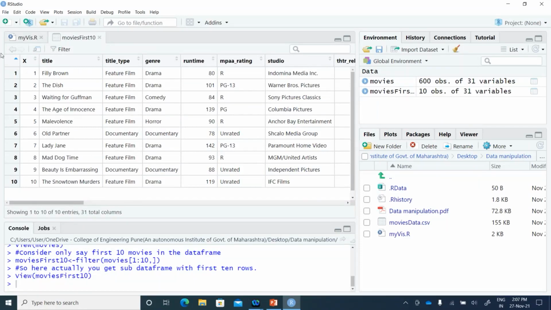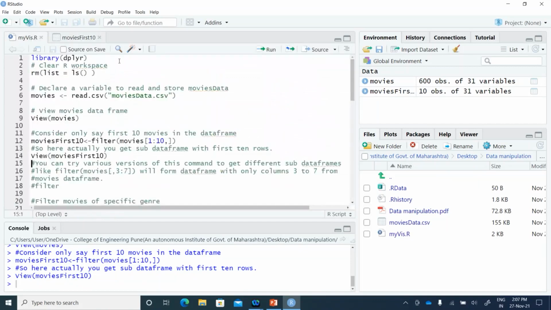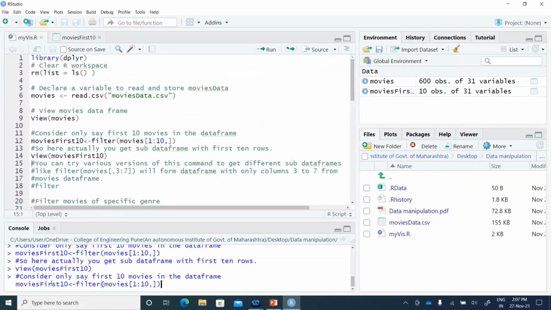Now, having said that, 1 to 10, there is nothing special about that. I can choose, let me go to the console and choose the movies, say from 1 to 5.